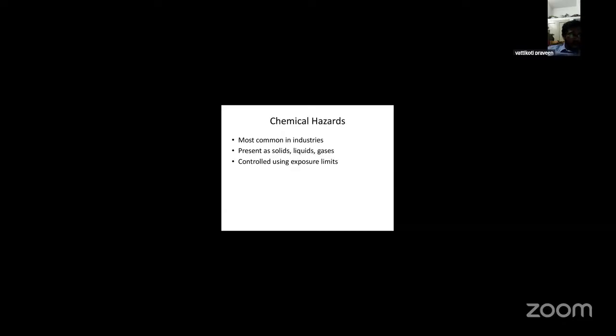What are chemical hazards? Chemical hazards arise from exposure to harmful substances as solids, liquids, gases, vapors, and dust. What are the common sources? Industrial chemicals, pesticides, fertilizers, solvents, paints, toxic gases, fumes, dust. What are the health effects? Skin irritation, burns, respiratory diseases, poisoning, organ damage, cancer. The main occupational risk is for factory workers, laboratory workers, and farmers. These are the chemical hazards.